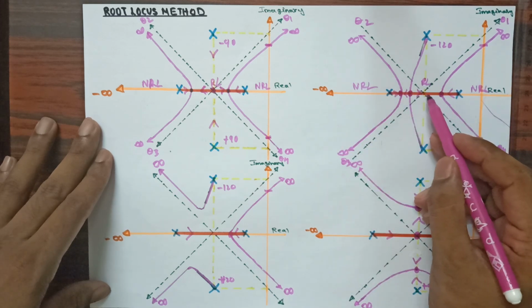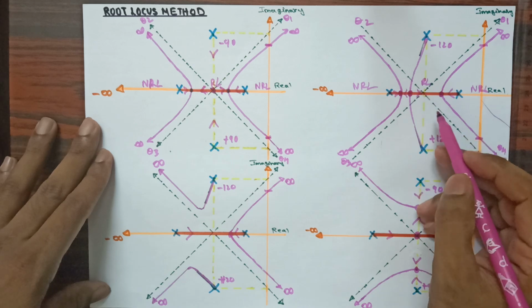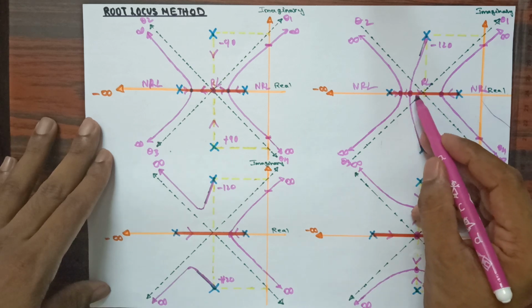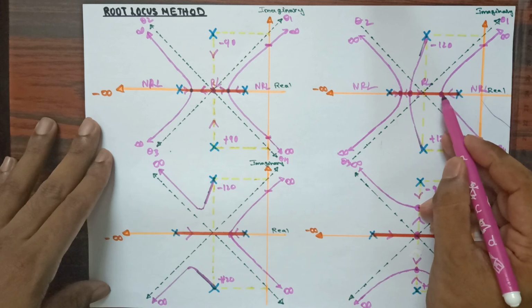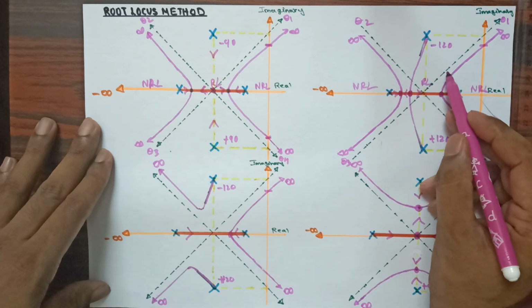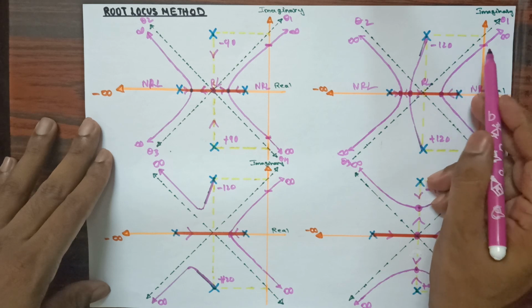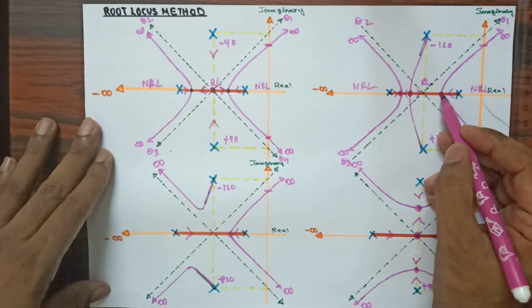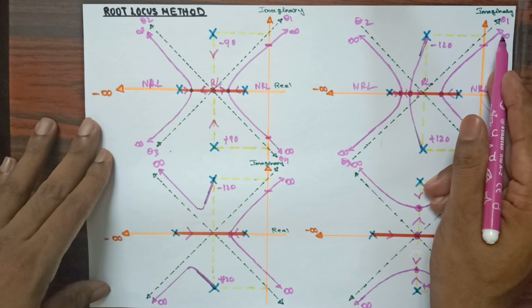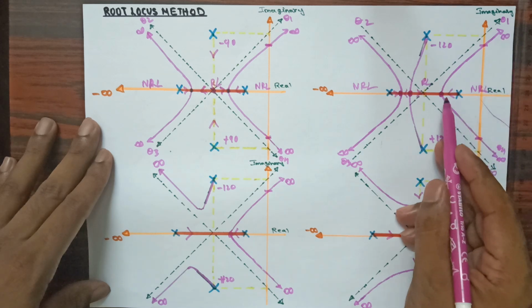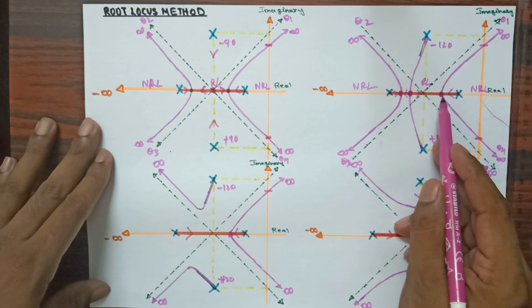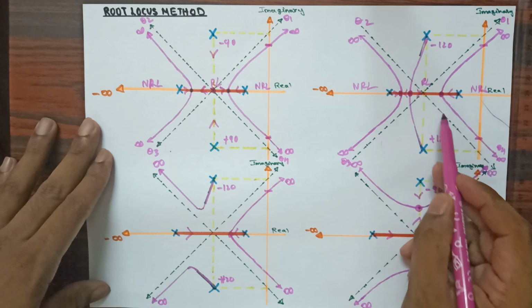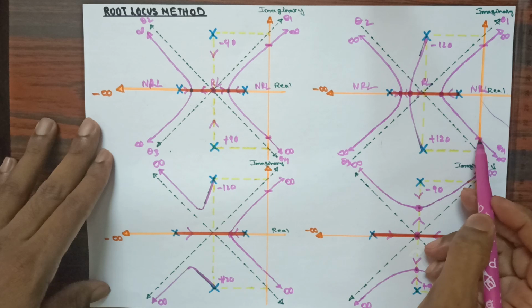Now as we know this pole will move, and as I said, this pole will be moving in this direction, this pole will be moving in this direction, and they are going to meet at this point. And by observing this angle and the intersection point, this pole will move towards an infinite destination. The same way here also one pole will move towards an infinite destination by observing this angle and this intersection point.